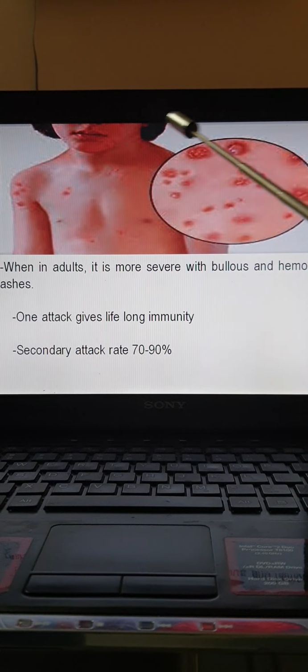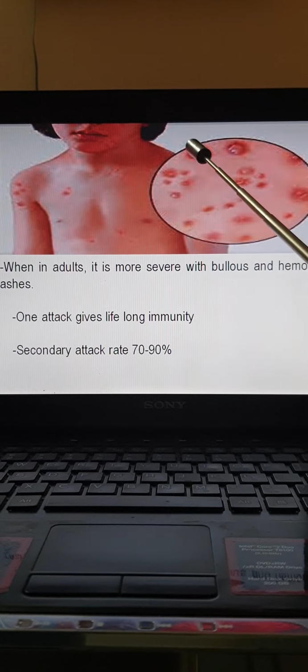And the rash which you will see will have all the stages. Multiple crops of the rash will be seen, and there would be fever whenever there is appearance of rash. Different stages of rash like macule, papule, and then vesicle, and then ulceration or scab can be seen in the same area at the same time.